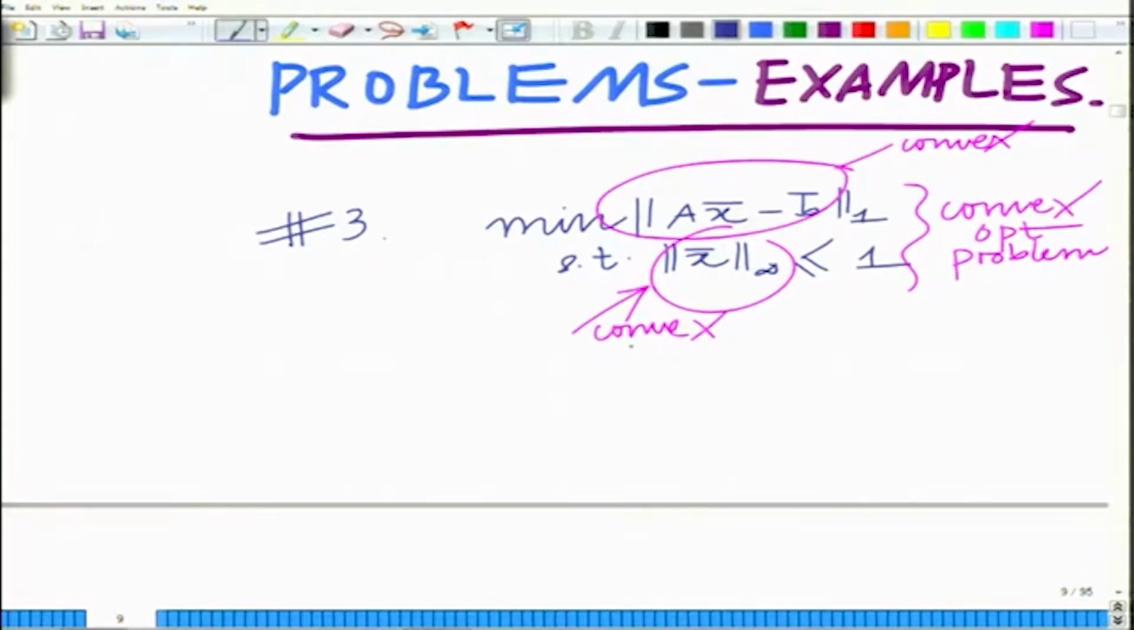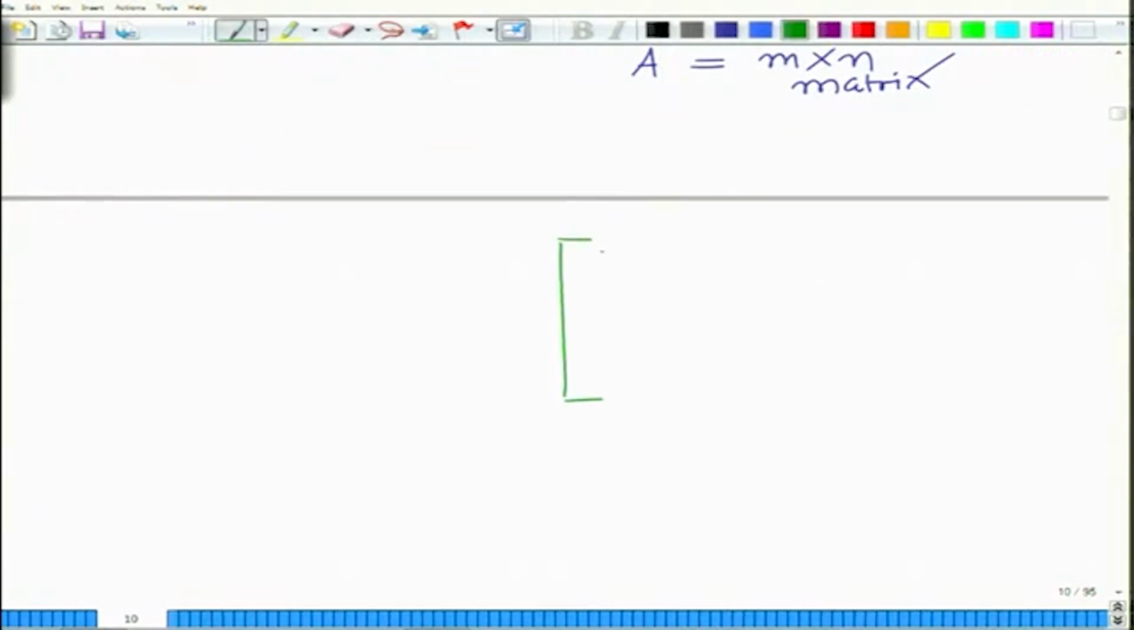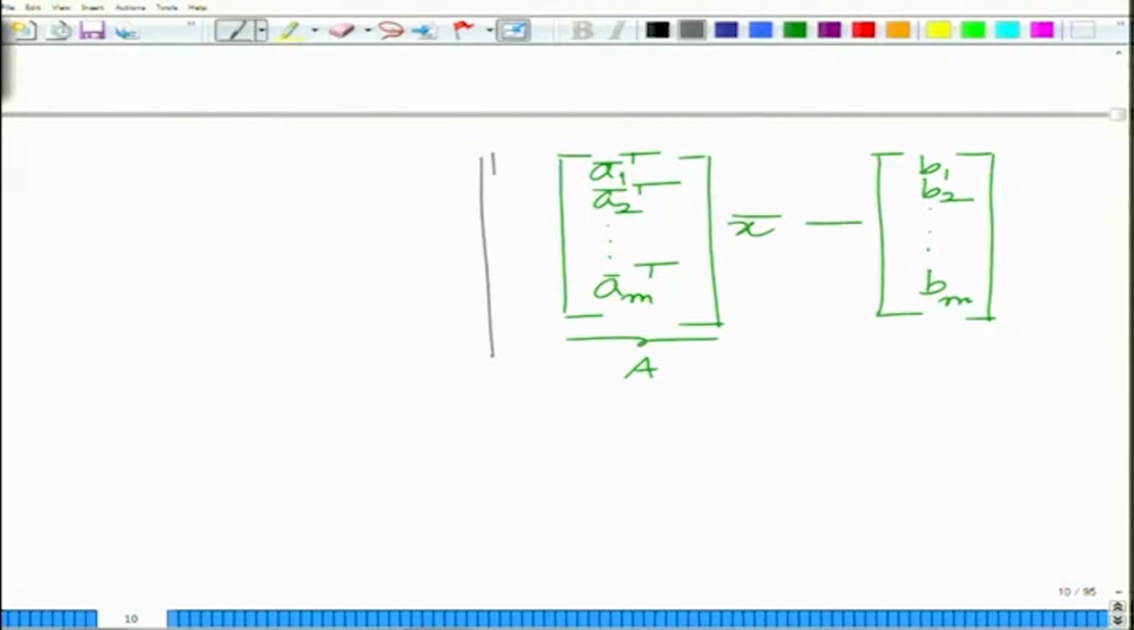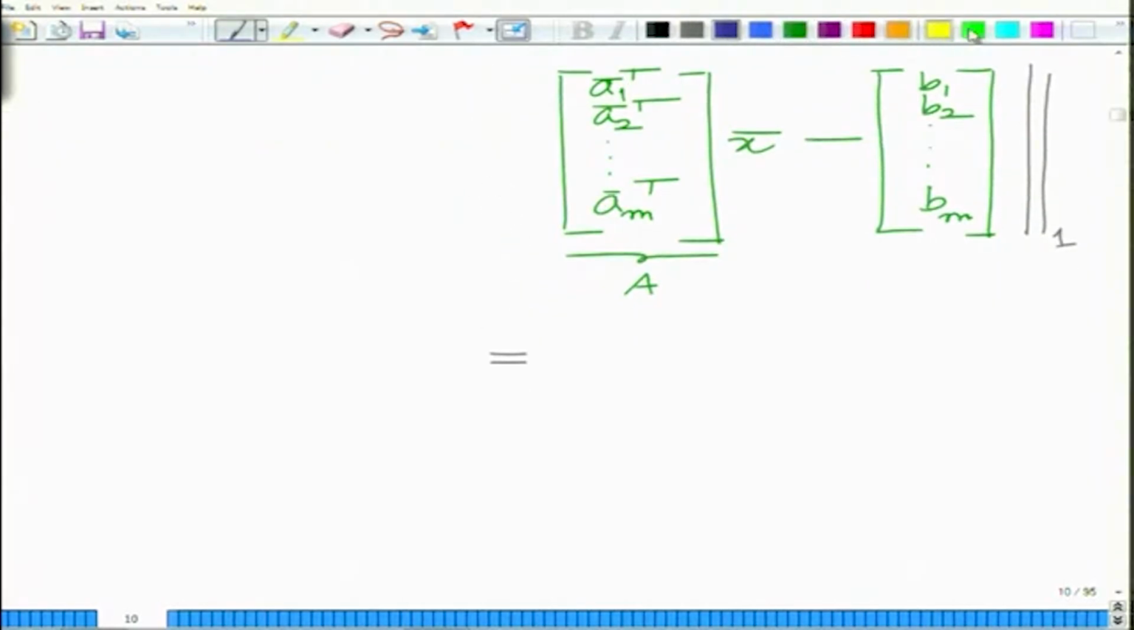We are going to do the following thing. Let us assume A is an m cross n matrix. Then you can rewrite this as follows. This is your matrix A, which has m rows, which I am denoting by A1 bar transpose, A2 bar transpose, up to AM bar transpose, times x bar minus B1, B2 up to Bm, and you are taking the L1 norm of this whole thing. Remember, the L1 norm is nothing but the sum of the magnitudes of the elements of this vector, which you can write as